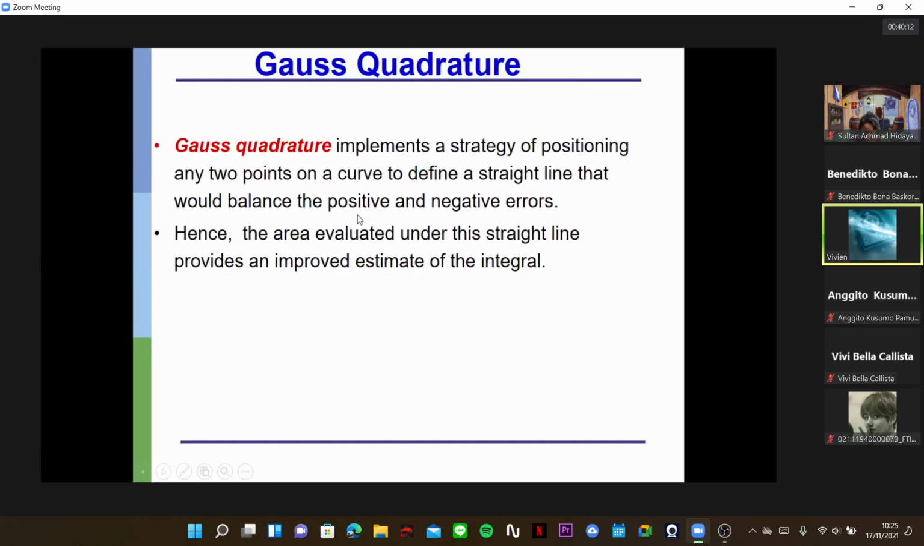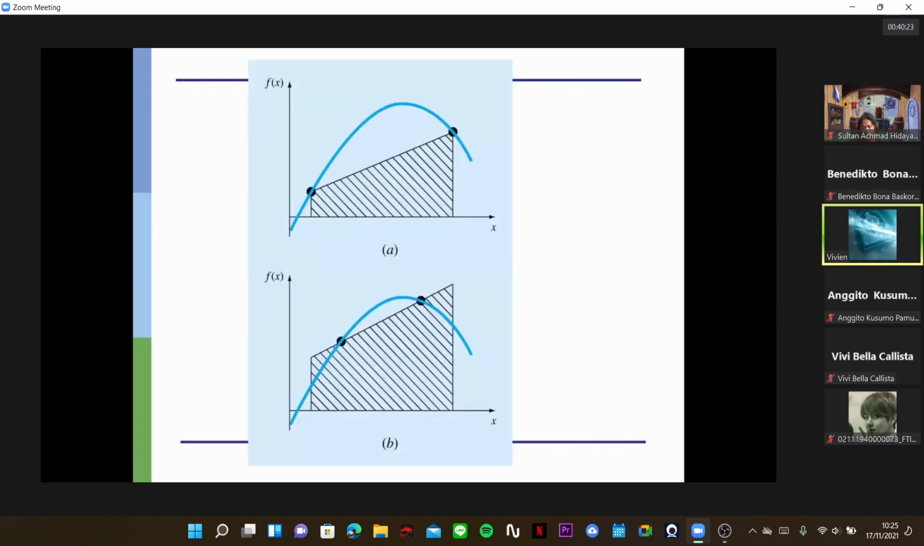Still using the trapezoidal rule, but the points that are used are not the points that we use as the limit from A to B. So we see here, for example, we have A here, the trapezoidal rule that we learned before, in which if we want to integrate from A to B, we use the points A and B directly to get the linear line. With Gauss quadrature here, we don't use the value of the limit as the point to obtain the linear line,